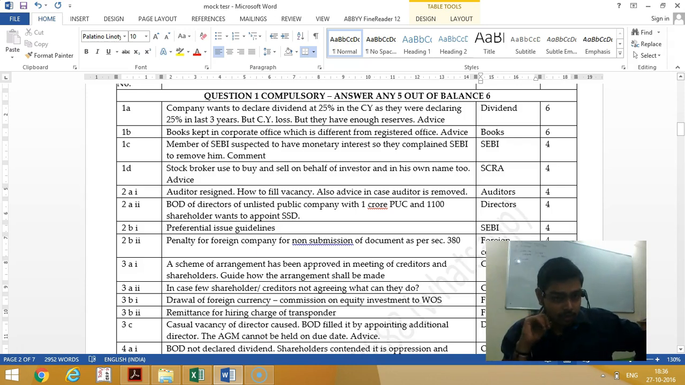Then second question, books kept in corporate office which is different from the registered office. Advice. Okay, you have to pass a board resolution and file it with ROC. Okay, then